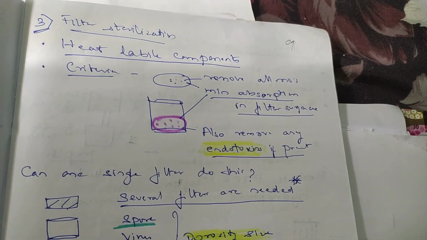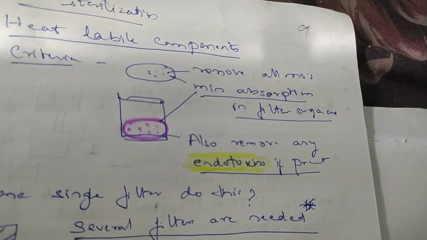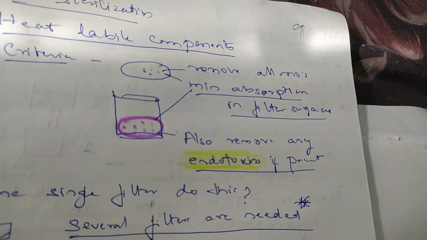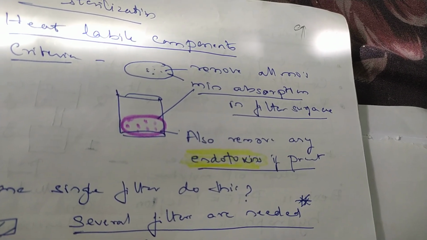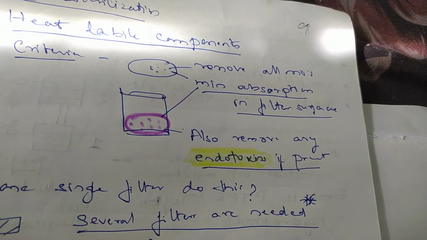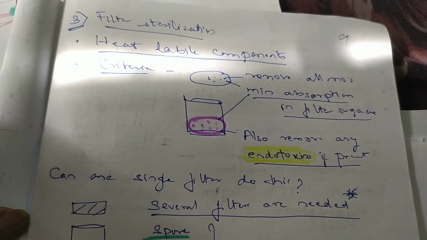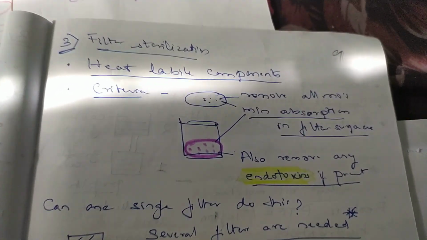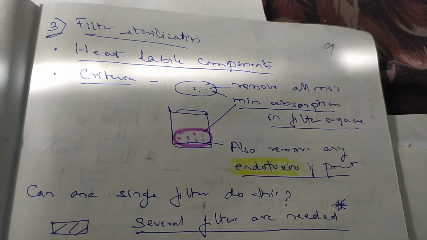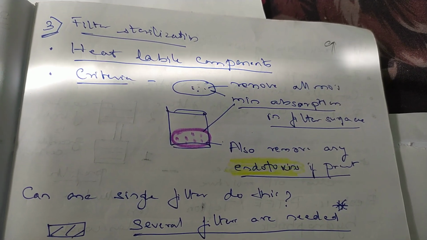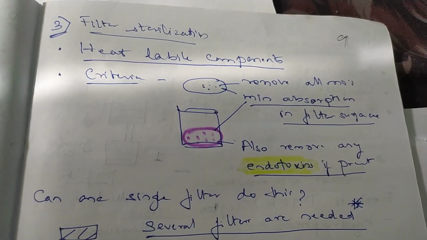Okay, so according to the data, we can remove microorganisms by the filtration mechanism. But certain times there are small viruses and endotoxins which are present, which can hinder our process of study. Of course, we know endotoxins will not affect our fermentation process, but in certain areas where you talk about bioreactors and adding some ingredients, they should be free from even viruses and endotoxins. Okay, so with that context I'm talking here.